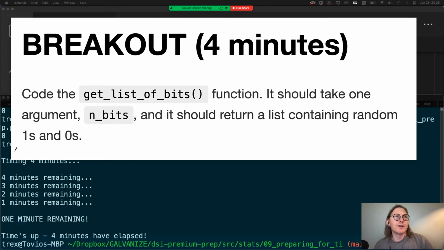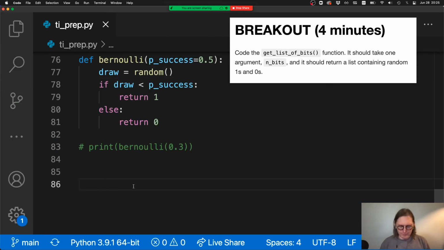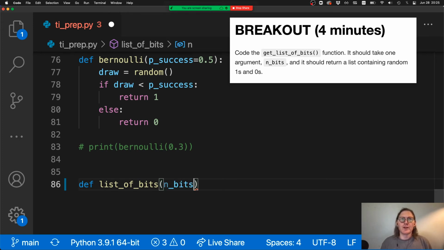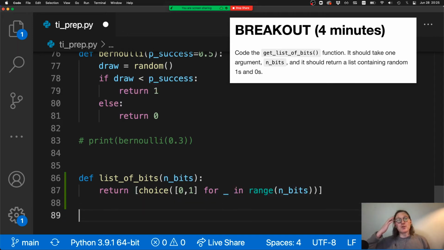All right, let's code this. This is a pretty straightforward function to write. I think I am just going to name it list of bits, just to try to hold myself accountable. There'll be a number of bits there, and we can say return random.choice between 0 and 1 for whatever in range number of bits. So I'm using a comprehension here, but you know, broken out, this would look like,